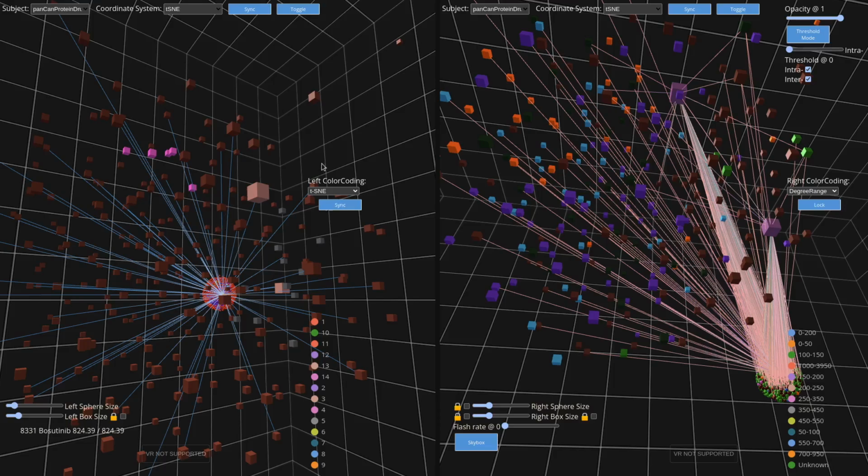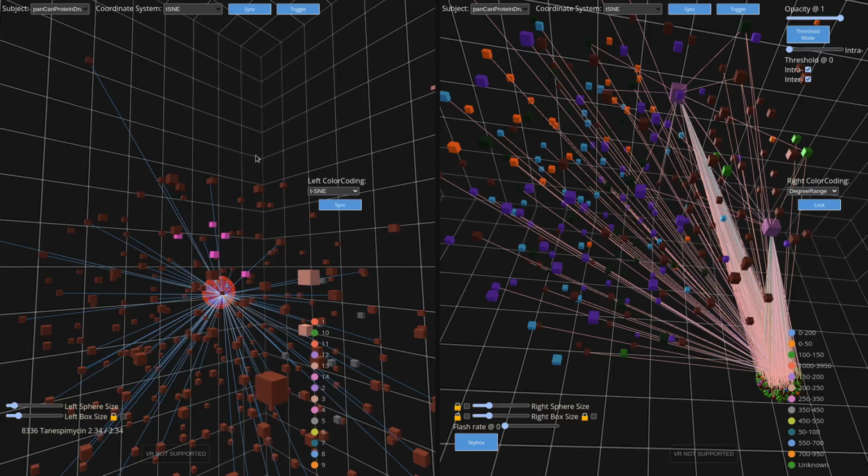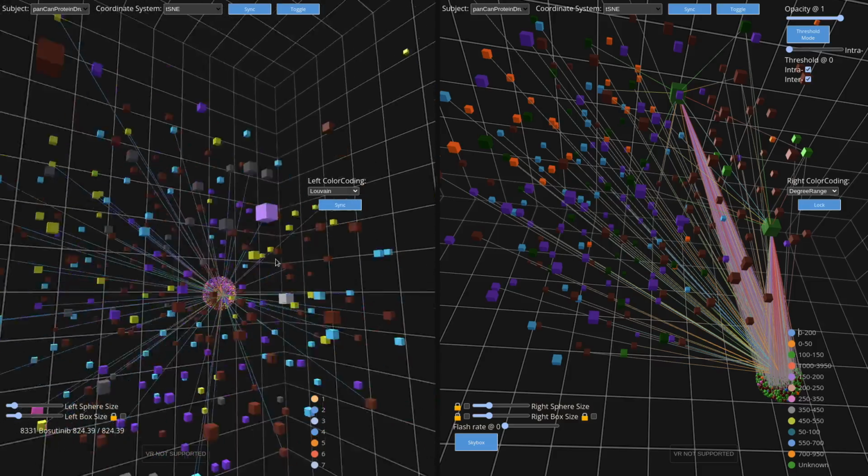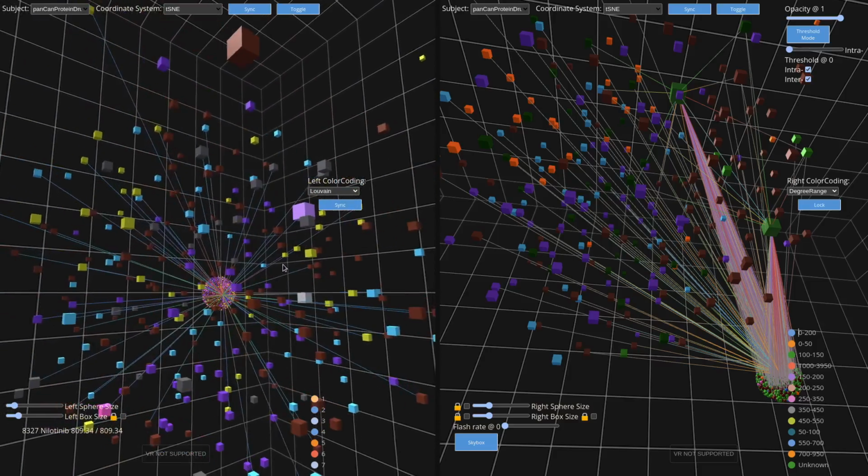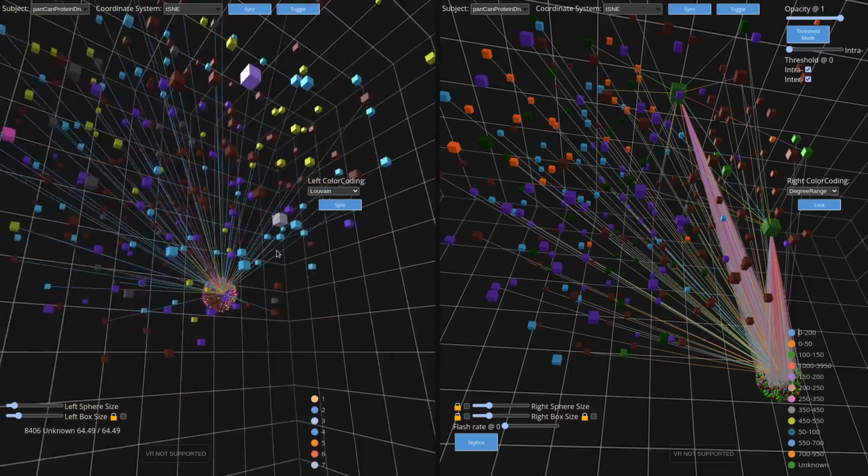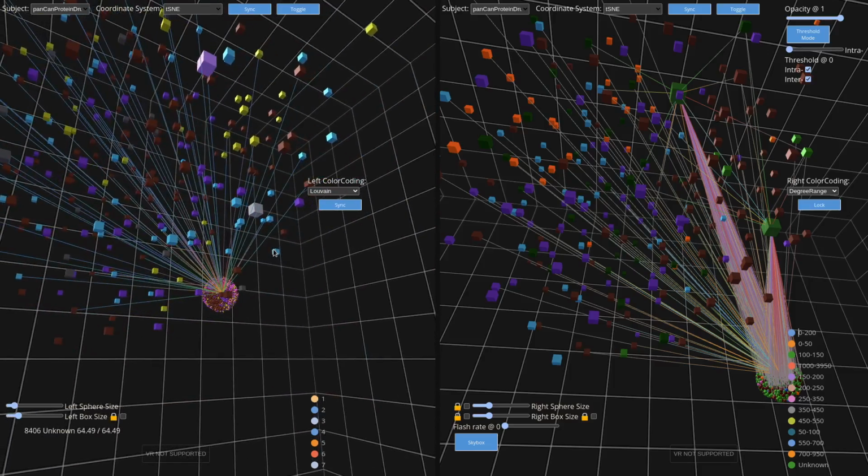If you have the t-SNE coordinate system and the t-SNE color coding, then the clusters should show up because they're coherent. You can also select Louvain cluster color coding, and this finds clusters